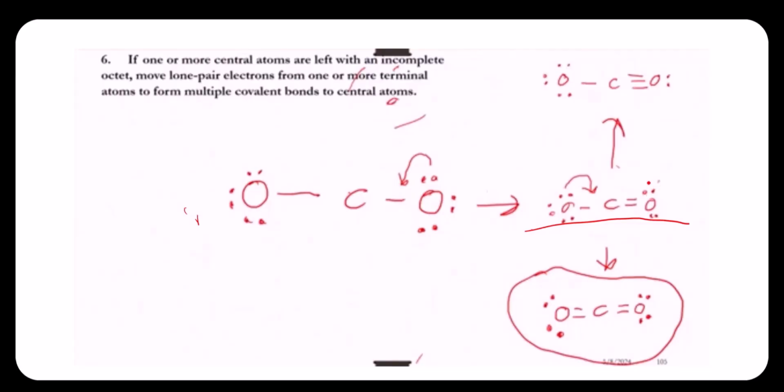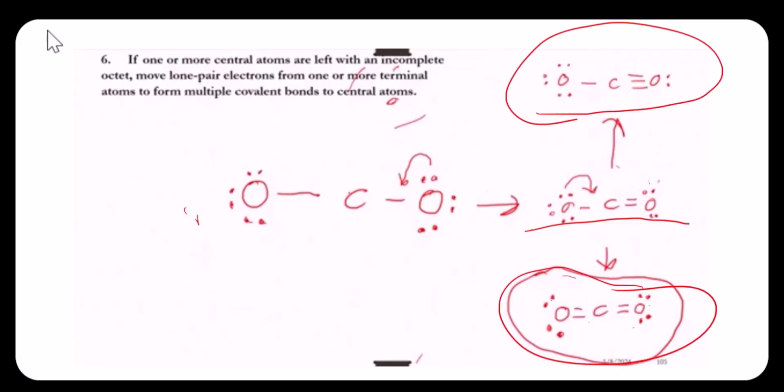distributed a lone pair of electrons to an additional bond between the carbon and the oxygen, which would give it a triple bond. And there's nothing that would indicate which molecule would be correct from the rules given to us on how to draw a correct Lewis structure. Both of these molecules would pass the verification test. They both have the same amount of electrons as they would have had in step 1. And all the atoms in the molecule would have a filled outer shell of 8 valence electrons. So in situations like this, a formal charge can be applied, and it'll become very clear on which one is